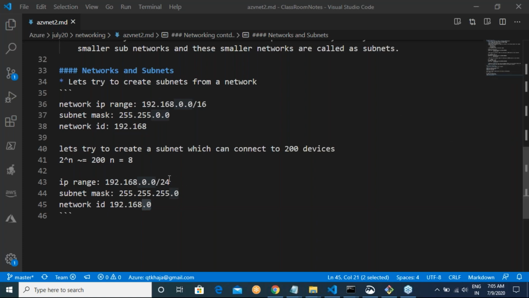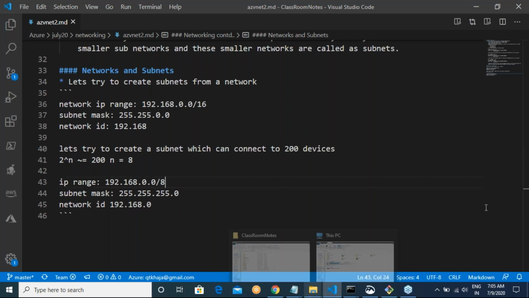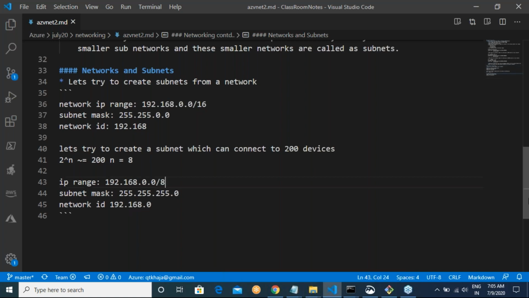So if my network is /16, can I create my subnet with /8? The answer is no, because in that case my network ID would be 192, but 192.168 should be mandatorily present.